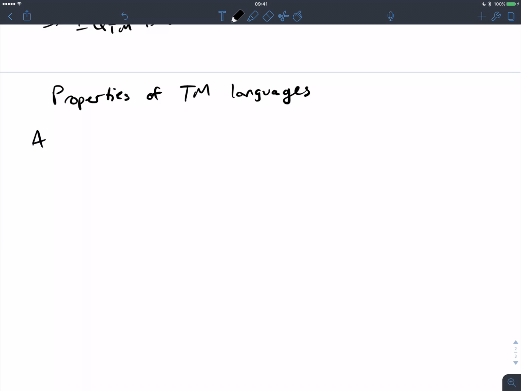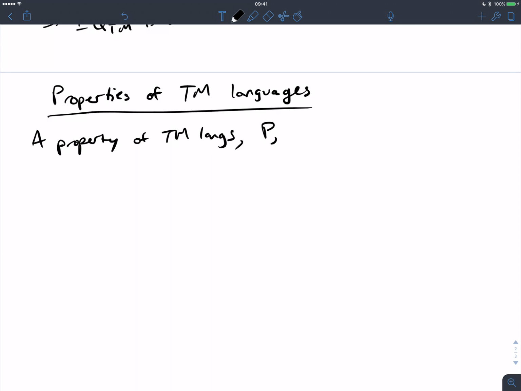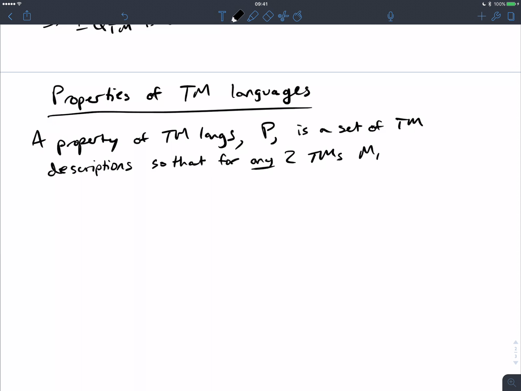So a property of TM languages, let's call it P, is a set of TM descriptions. So it's just a bunch of Turing machines as their descriptions, so that for any two TMs M1 and M2 with identical languages,